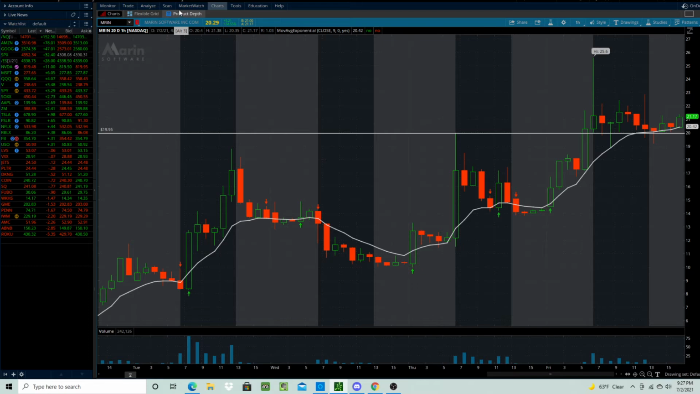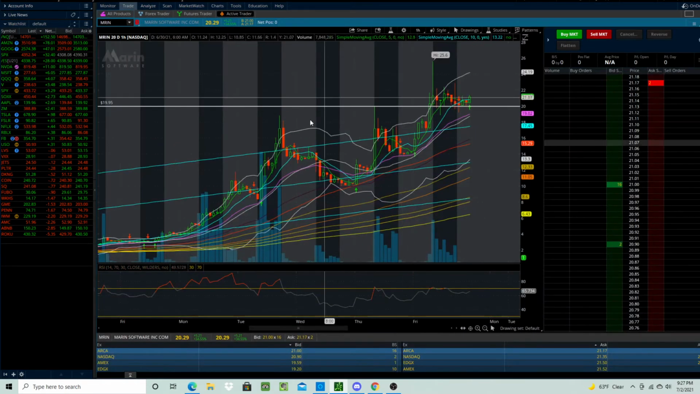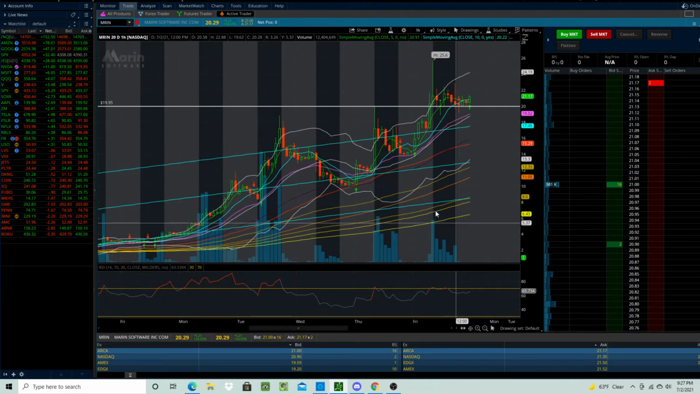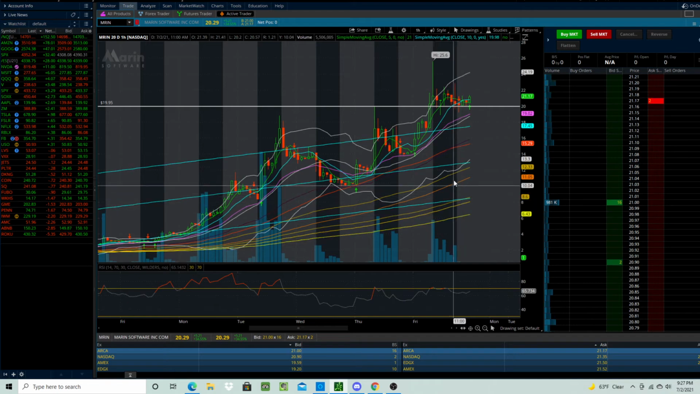I use this chart here. I have about 16 moving averages on my chart, along with trend lines that I draw. And these are all basically to give me a lot of support and resistance areas, a lot of the moving averages on here, just to see the overall bigger picture. However,